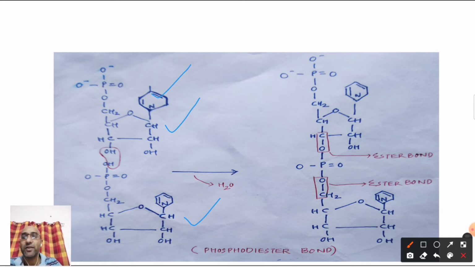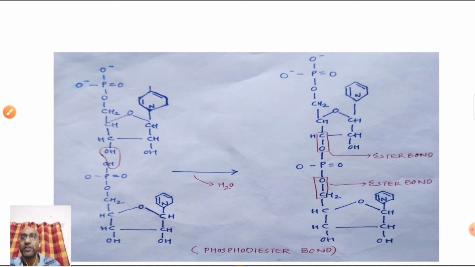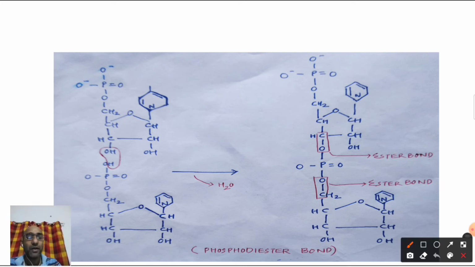Because there is presence of a nitrogenous base, a phosphate group and a pentose sugar. Here also there is a nitrogenous base, then a pentose sugar, then a phosphate group. Got it? Now these two nucleotides will get joined with each other by means of